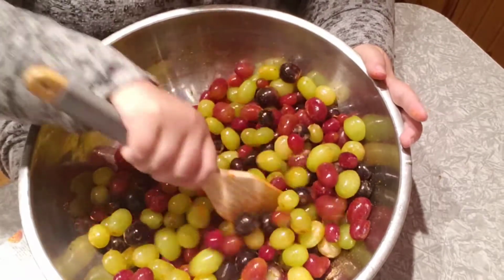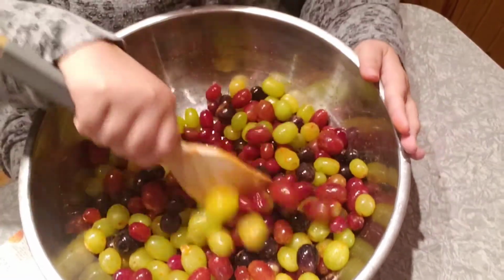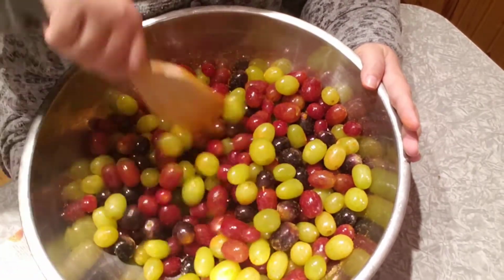Now, these are already really, really good at this point because these grapes have been sitting in the fridge. They're already cold. So, I could chow down on these and enjoy them. But,